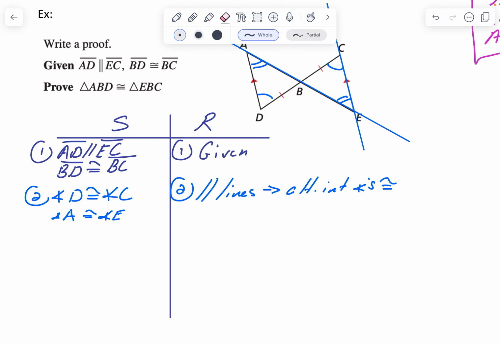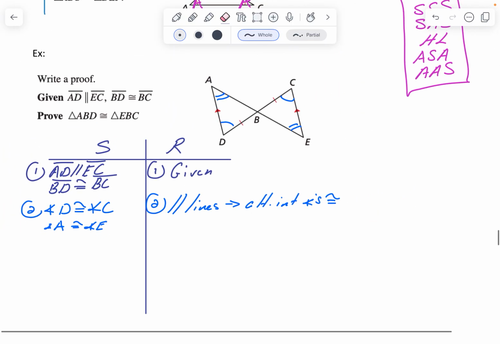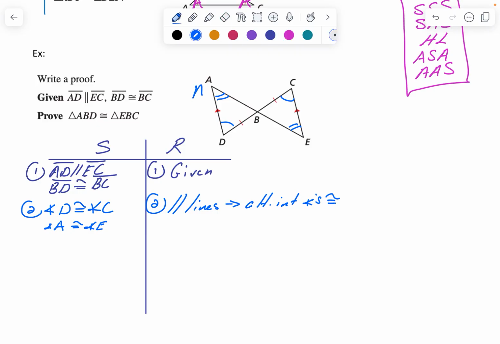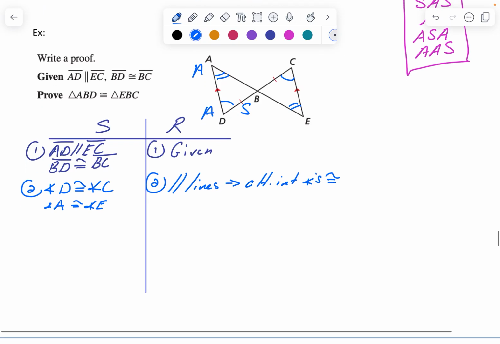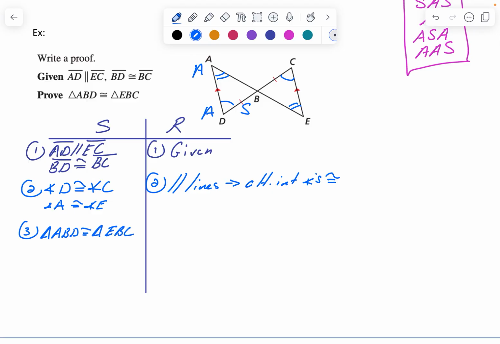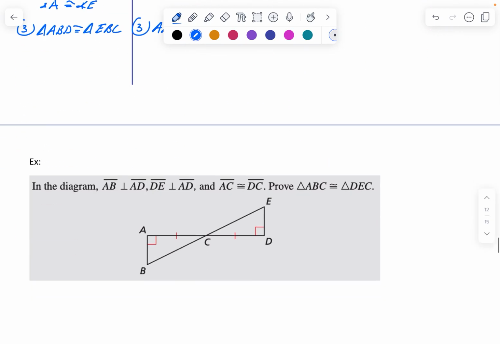Well, let me take away all of these lines now, and we can get back to our drawing. And now we can see we have angle, angle, side. Do you see that? So we can prove triangle ABD is congruent to triangle EBC, and that is by angle, angle, side. Next,